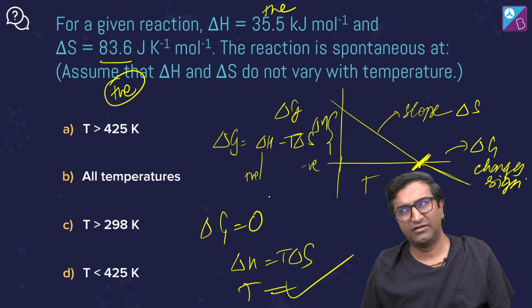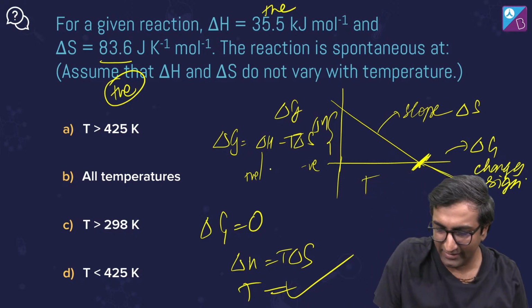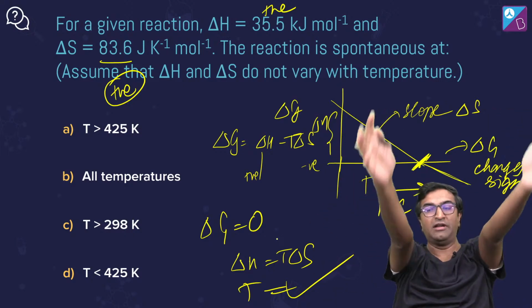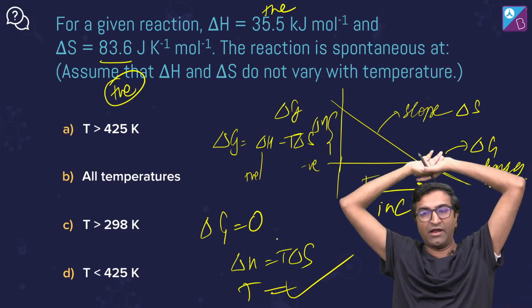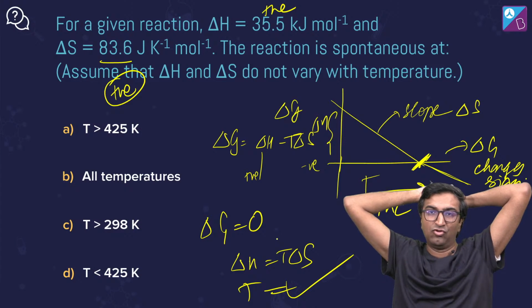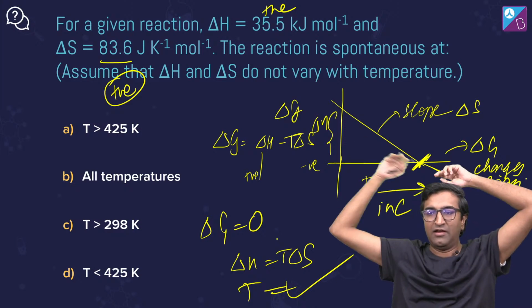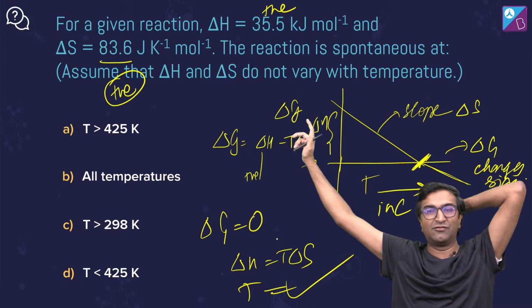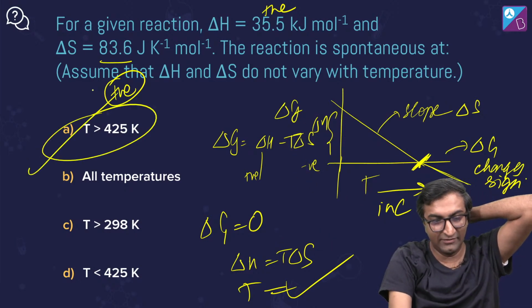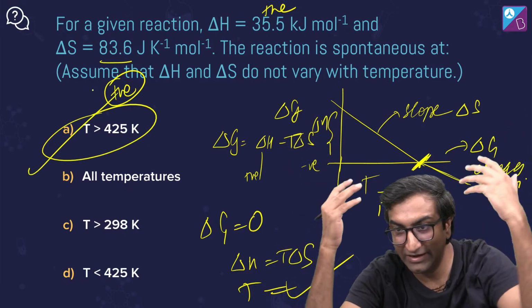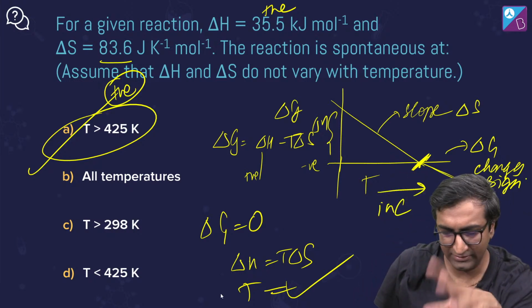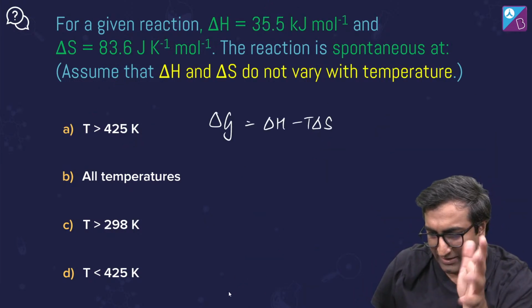But temperature, oh clearly, yeah, look at that, if I increase temperature then the reaction becomes spontaneous। तो देखो, ग्राफ में बनाने से तुरंत ये क्लियर हो गया कि अगर मैं टेम्परेचर बढ़ाऊंगा तो ये पूरा स्पॉन्टेनियस हो जाएगा। And clearly there's only one option that gives you temperature greater than 298, which is 425 Kelvin, hence this is the answer। खत्म, है ना? कैलकुलेट करने की जरूरत ही नहीं है, अगर ग्राफ से करो तो। कैलकुलेट करना हो तो कर भी सकते हैं, गुड जॉब शुभी, अतमजीत, एक्सीलेंट वर्क ब्रो।